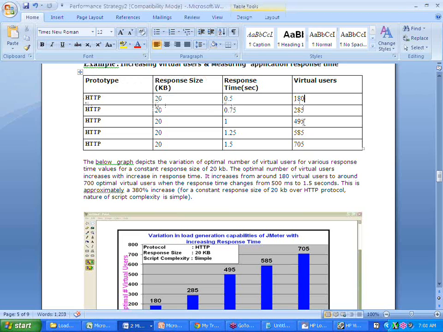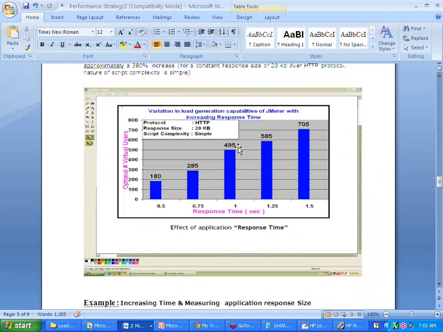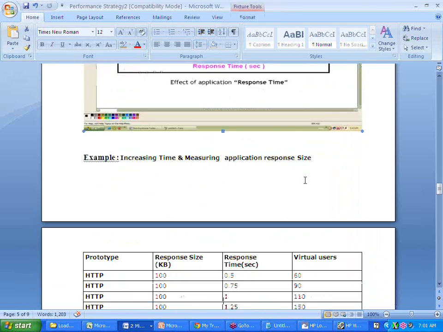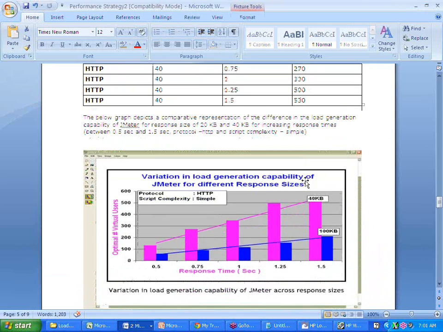Where do you get this from? Once we run the scenario from the controller component of LoadRunner, we'll get to see such tables and also such graphs. We did pick up one more.